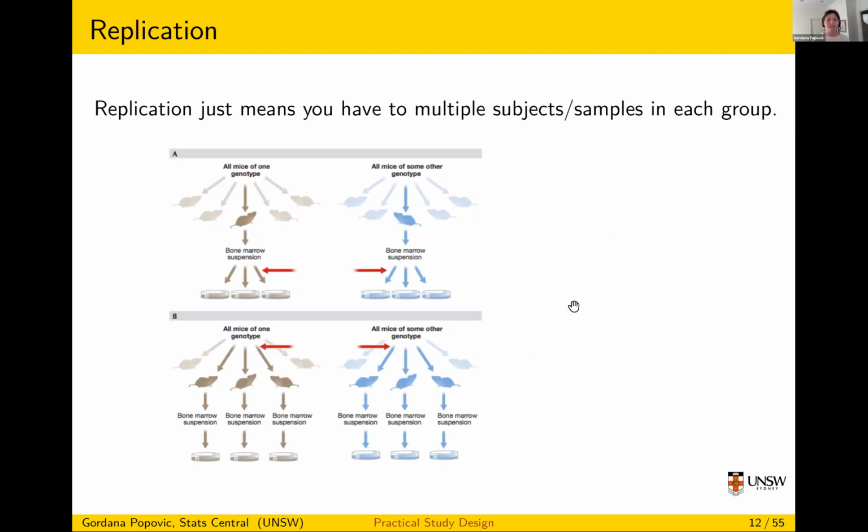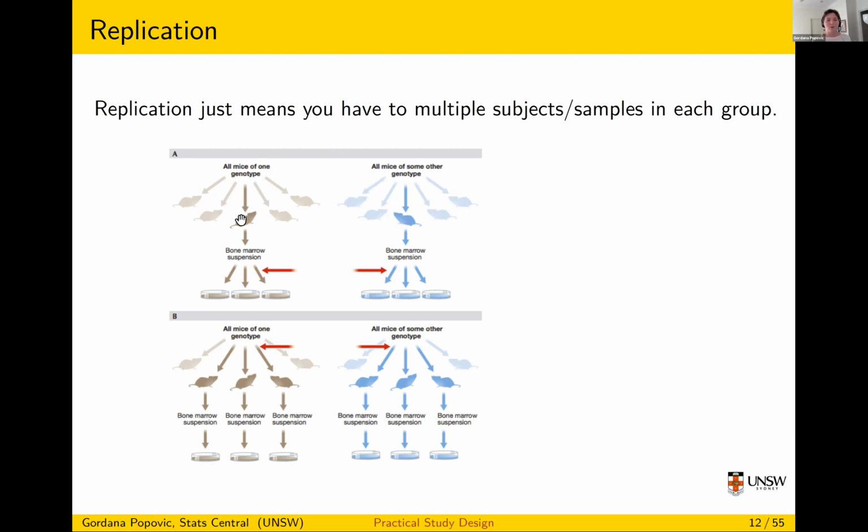Okay, so replication is clear to almost everyone, and then there's always some people who have at some point gotten the wrong idea, or somebody has given them the wrong idea about replication. So this might all seem obvious, but here's an example. So we have some rats, and we have two treatments. I'm going to call these treatments, but it's just a genotype actually. So there's the brown treatment and the blue treatment of rats.